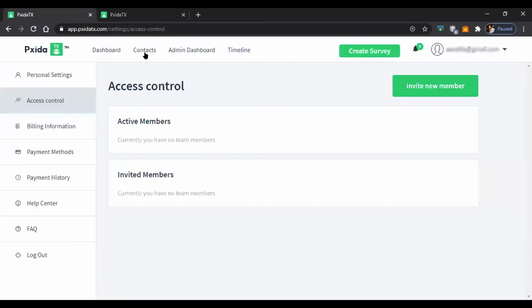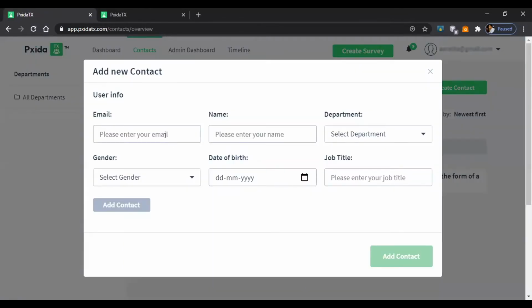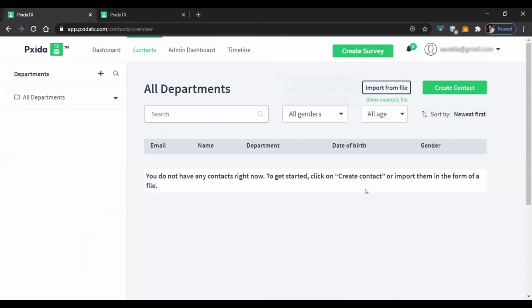Now let's move into adding the contacts of your respondents. So to add the contact, we have two methods. One is by clicking on Create Contact. You can fill in the email, the name, and the department they belong to, and all the information of your respondents. But in case you have more than 50 contacts to upload, the easier way to do it is by importing a file. So by clicking on Show Example,